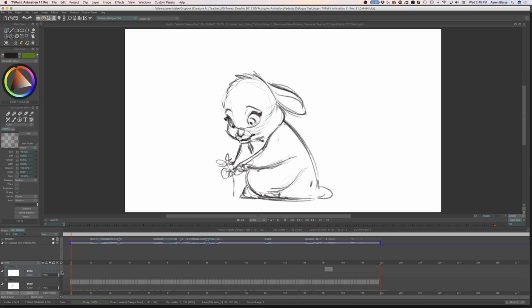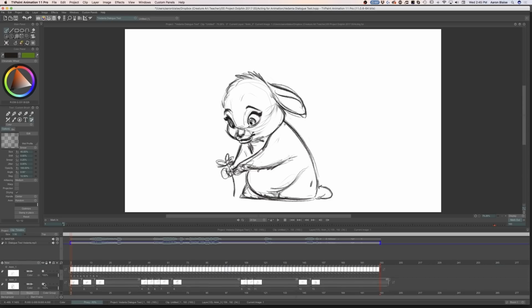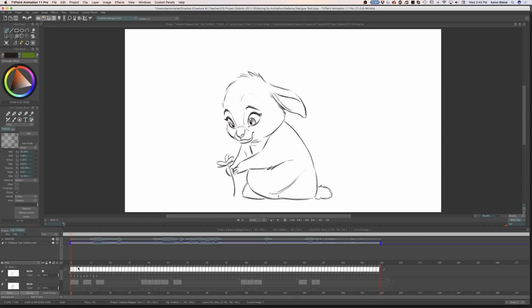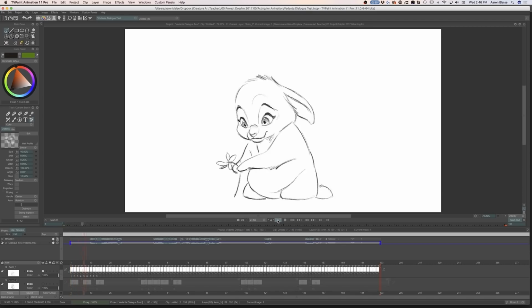stage is going to be that final animation with all of the in-betweens. And you can see all of these are the drawings that I've added, and the drawings are quite a bit more cleaned up now. So let me play this. Now keep in mind that we went through all of these different stages to find the very essence of the pose and then the blocking of the animation, and then it's just a matter of cleaning up and adding the in-between drawings. So here we go. Watch this, and it's a very nice process to get to this point.